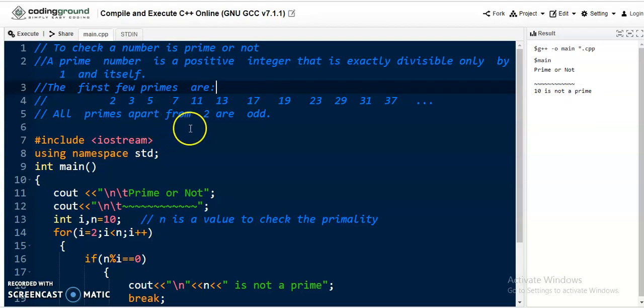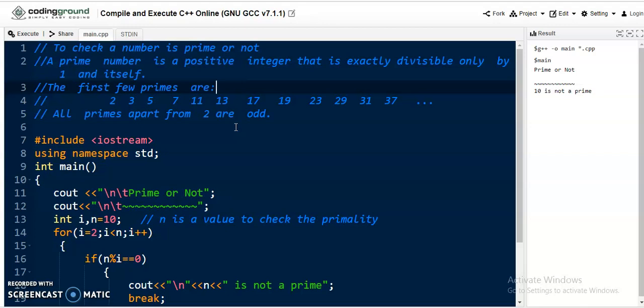We also come to a conclusion from the examples: apart from 2, the remaining prime numbers are odd numbers. Only 2 is the even number among prime numbers.